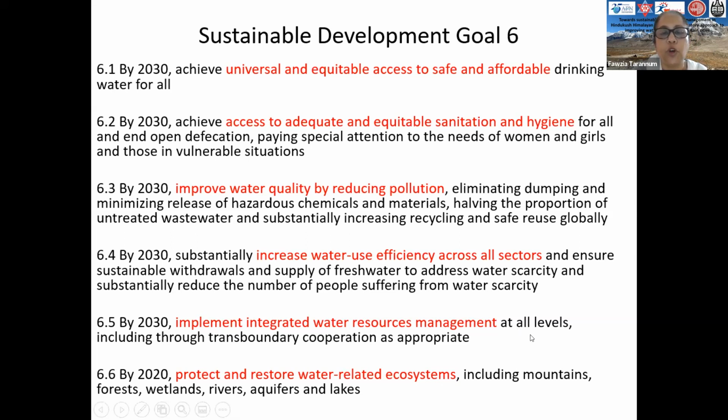I'm sure all of you who have joined here are familiar with integrated water resources management, wherein we not only look at technical, but we also look at governance, political, social, economic, all four pillars we take into consideration when we are doing water planning. And protect and restore water-related ecosystems, including mountains, forests. So again, protecting this really, in turn, results in a better quality of living